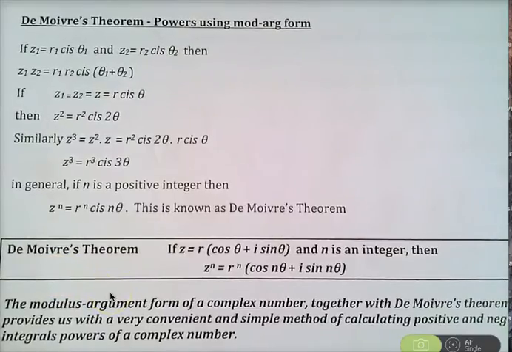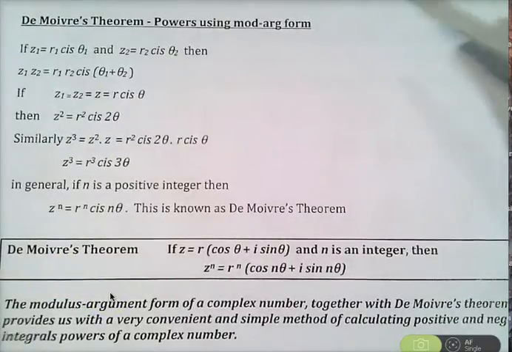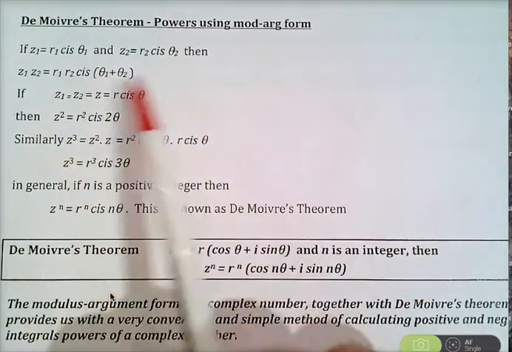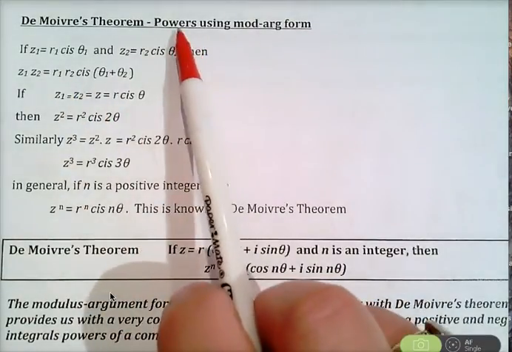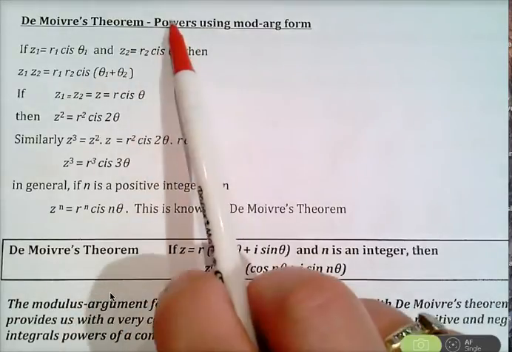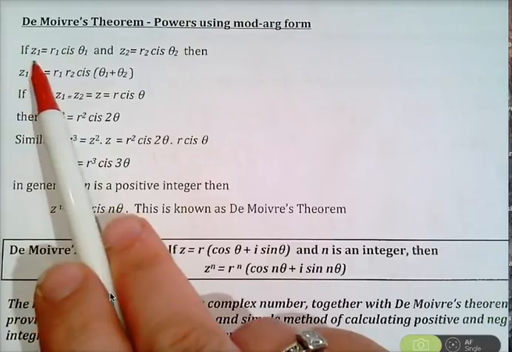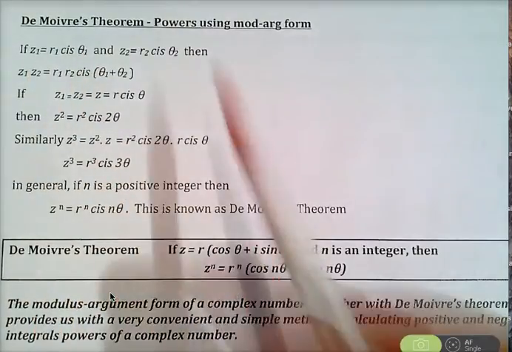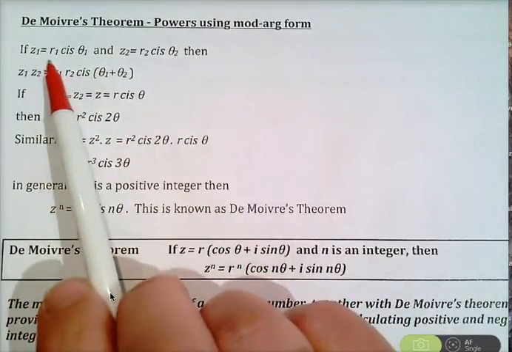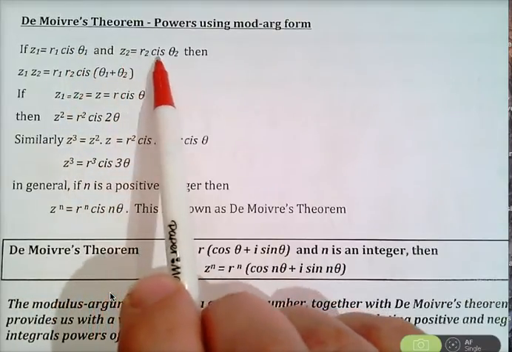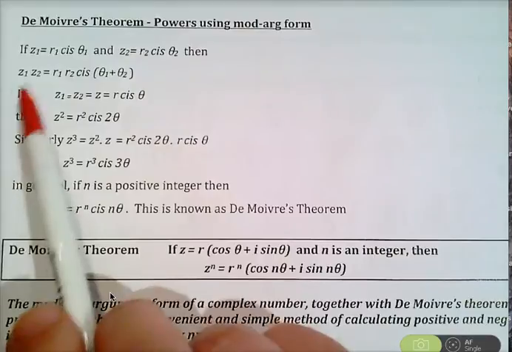Okay, we're now looking at page 25, just continuing from halfway down. De Moivre's theorem. We use De Moivre's theorem to work out what our complex number with powers is. So, for example, we know, and this is just the proof of De Moivre's theorem, if Z1 equals R1 cis theta 1 and Z2 equals R2 cis theta 2, then we know from what